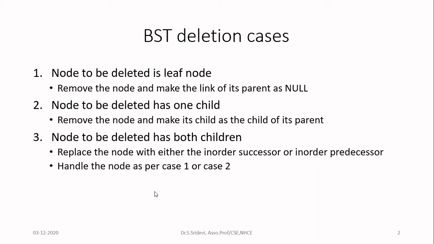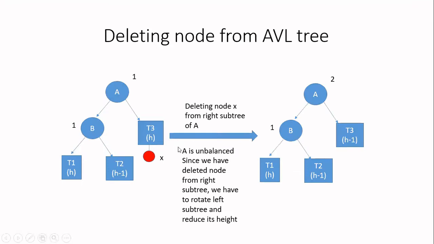Now, let us focus on the examples. Before that, we will see what is related to the AVL tree. First, you are going to apply the deletion process of a binary search tree. Then you are going to delete the node. And once you delete the node, the balance factor of the tree may be affected. So in that case, you have to go for balancing. In yesterday's class, I told the different types of balancing. Let us recollect one more time.